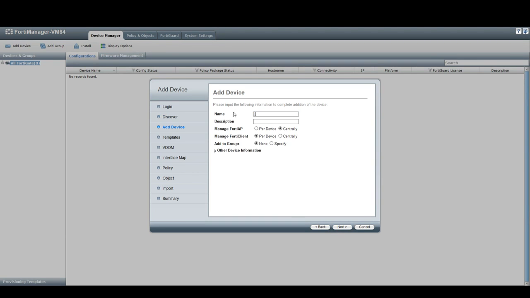It's going to ask for a name. Let's give it a name. We're going to say it's the London site. We can give it a description. We can also select whether we want the FortiAP and FortiClient to be managed on the device itself,